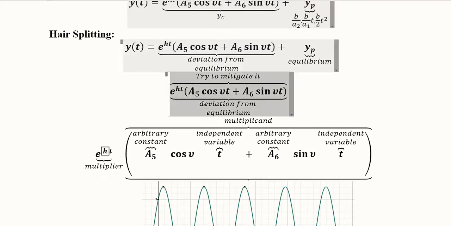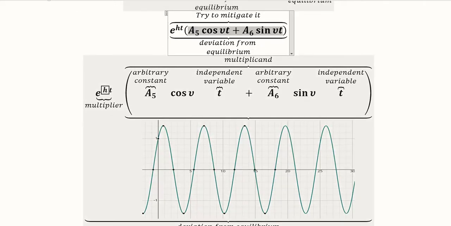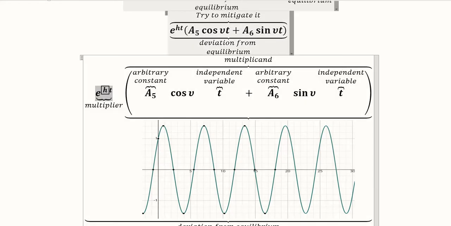So we focus on the deviation, which is the complementary function. We chalk it out and we see that it has two major parts. One is this multiplier and the other term is the multiplicand. So we want to reduce this deviation, and now we are going to split this into its two parts, the multiplier and the multiplicand. When we consider the multiplier, it is actually an exponential function which has h as the rate of growth, and when we talk about the other part, the multiplicand, it has an arbitrary constant, then a